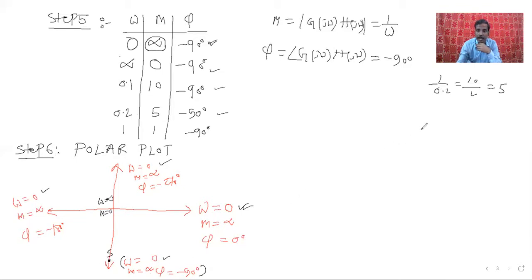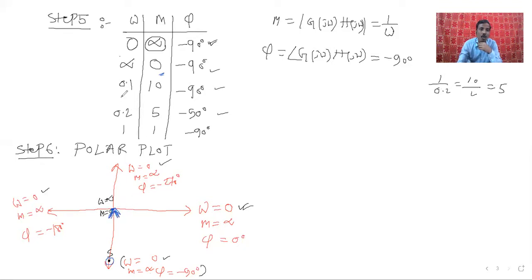On the minus 90 degree path, the phase angle equals minus 90 degrees, magnitude equals infinity, and frequency equals 1. And the terminating point, omega equals infinity, that means origin. Phase angle minus 90 degrees, magnitude 0, that means again origin. So this is the terminating point. This is the direction.